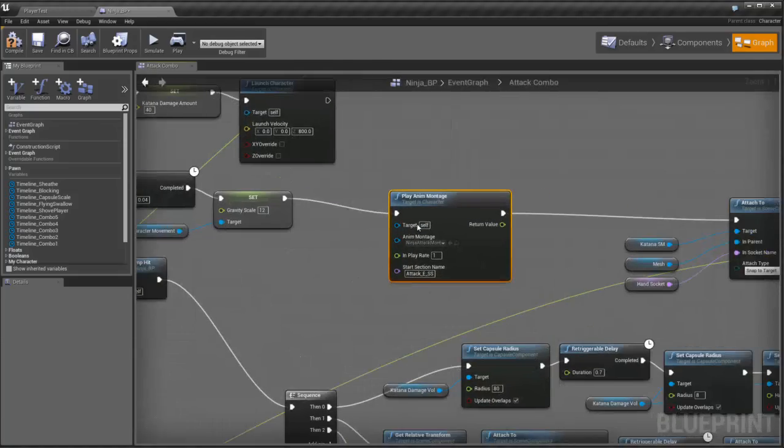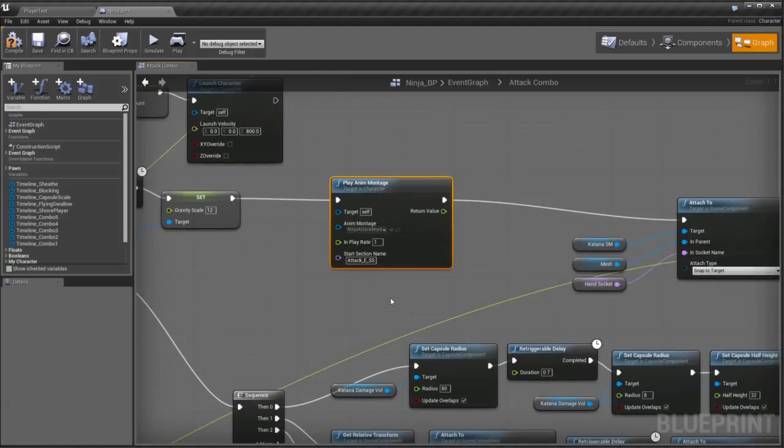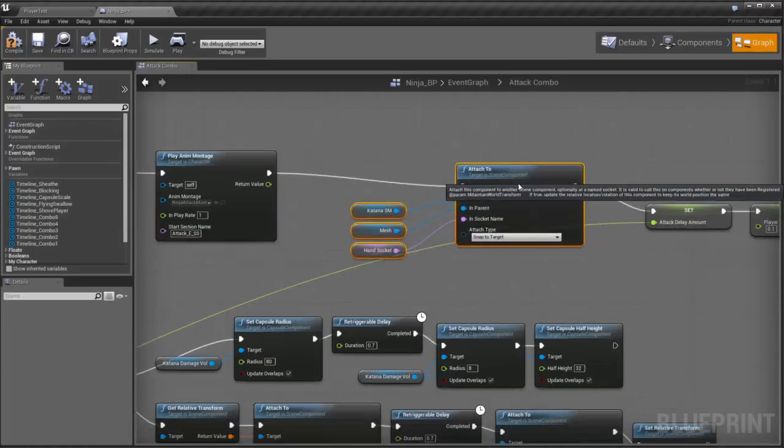And then I also play the animation, which is not actually the attack animation, it's the pre-attack animation. It's what happens while you're in the air, and the actual attack only happens when you hit the ground, and I'll show that setup just now. And then of course grab the sword